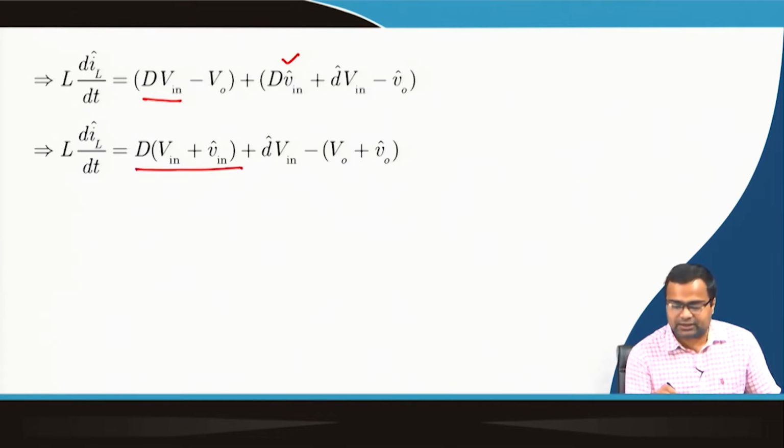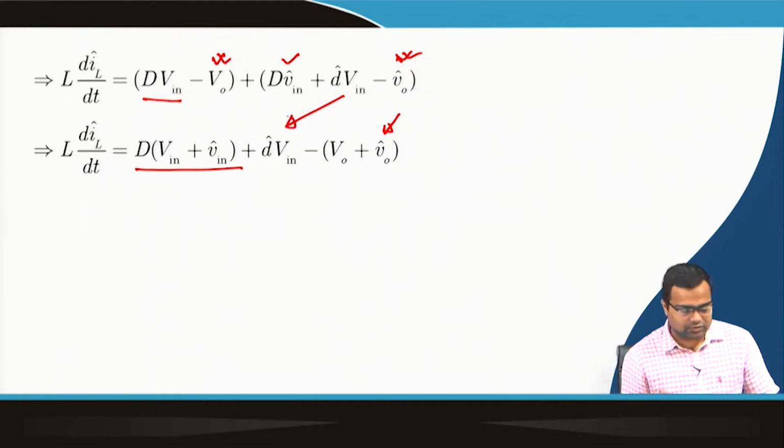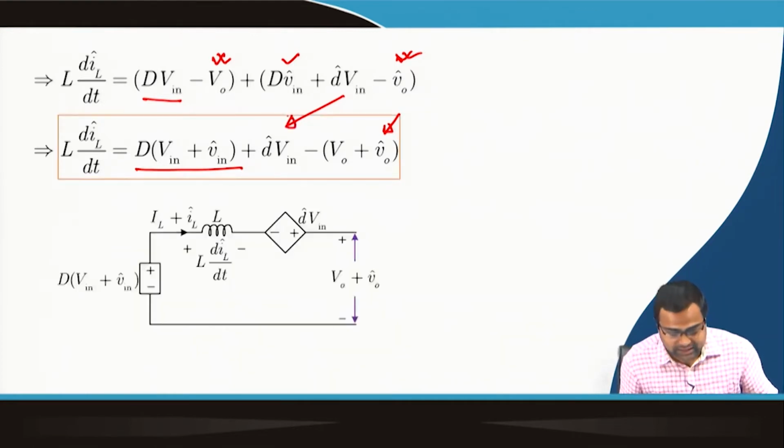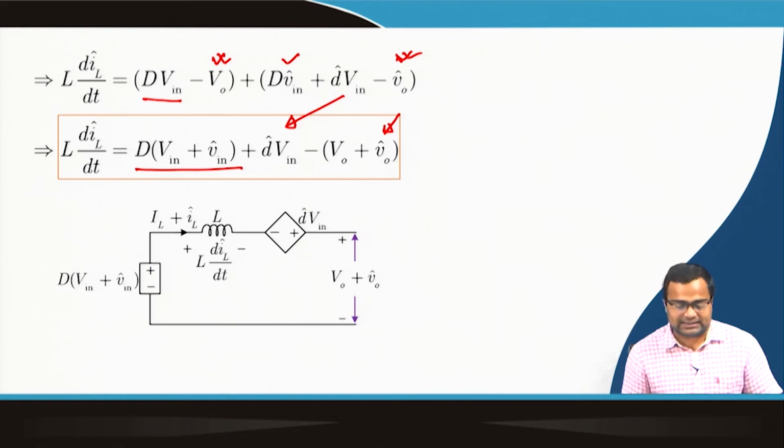Then if we consider this term and this term, then this will generate this result, and then if we consider this is this term. Okay. So, we can write down the equivalent circuit. This term is coming here,